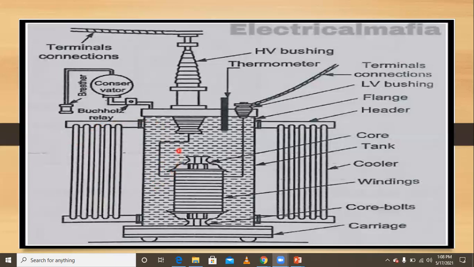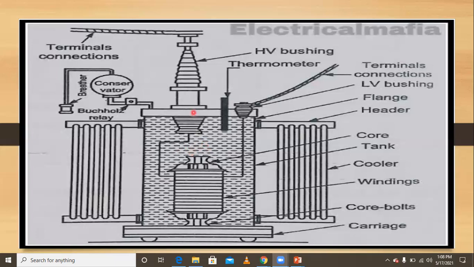If the transformer heat is increasing, the efficiency of the transformer decreases. The transformer heat increasing means losses are increasing, so the transformer is not operating well. That's why the transformer must be cooled. Then only it's working properly. Otherwise, there is damage, and the efficiency of this transformer decreases. If the heat increases to a very high level, it is also not safe.